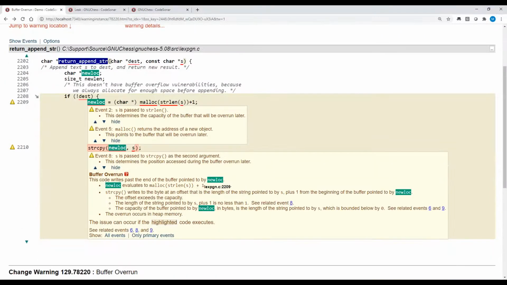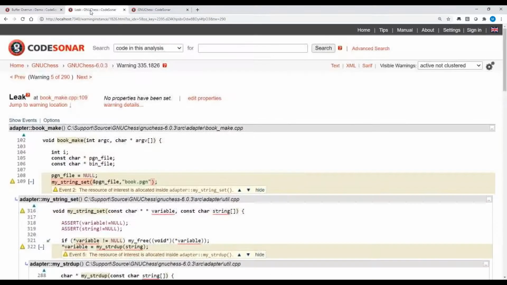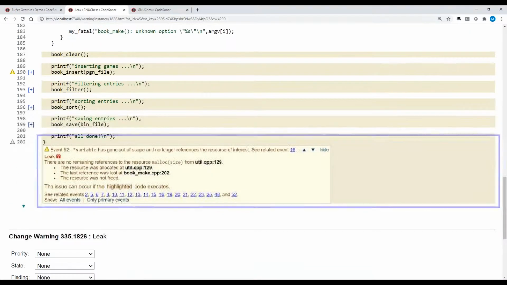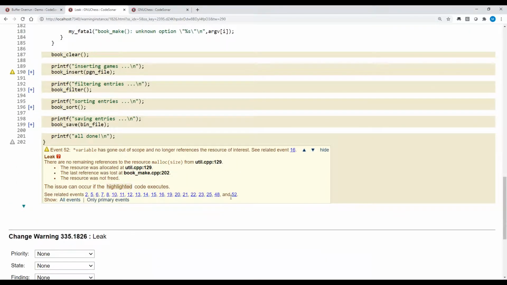So this was a very small example, but we can have a quick look at another example here. It's a little bit larger. And we can start off by jumping directly down to the warning location. And first we see that we have got 52 events that are leading to this warning. And if we read the summary, it says